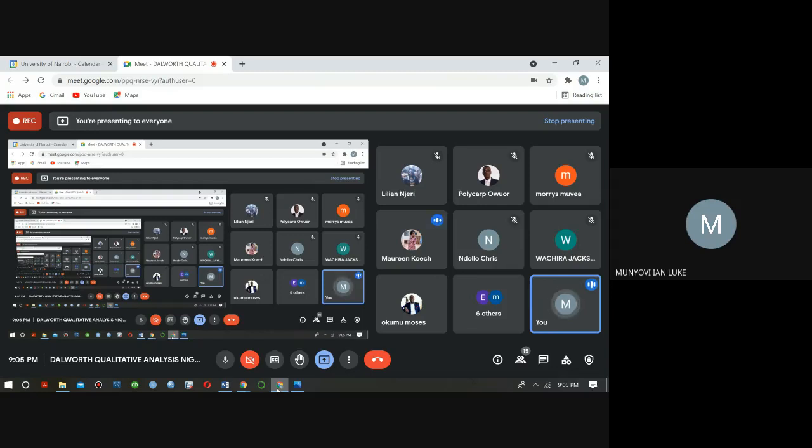But before I forget, if you notice what Maureen has just raised, there's a very key point there, whereby Maureen has just introduced a scenario whereby one question might be asked in the same questionnaire more than once. I don't know if I'm the only one who had that. Maureen, confirm if that's correct.